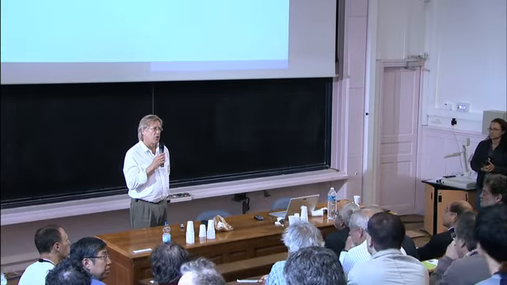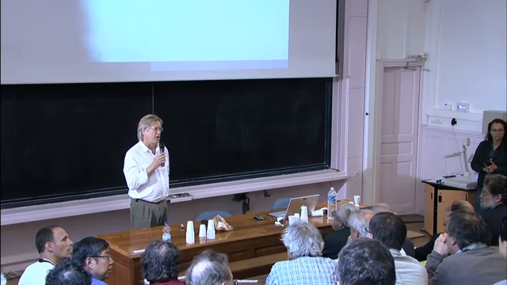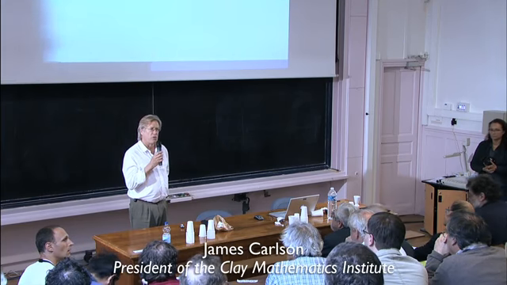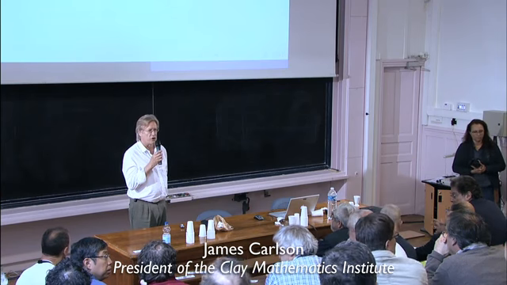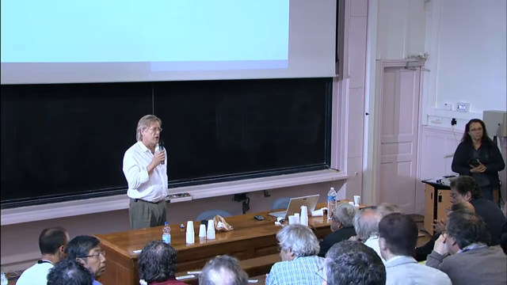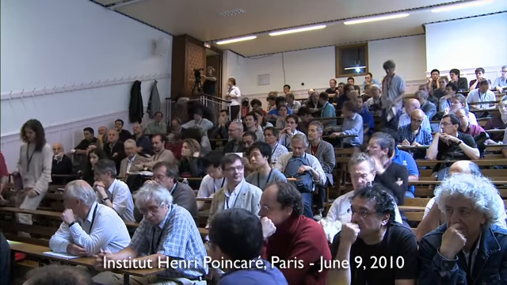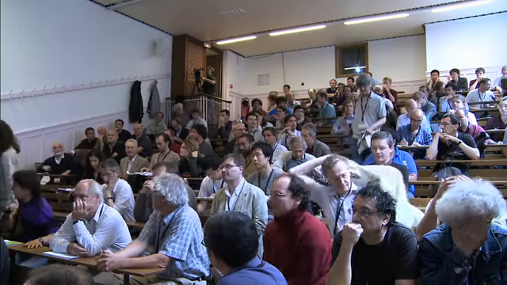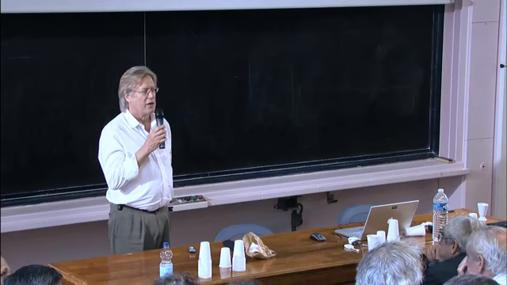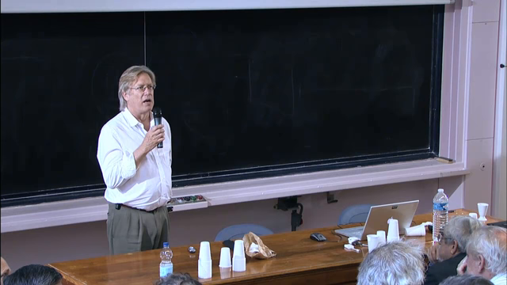I think you all know Bruce Kleiner and John Lott played a very important role in the verification of Gregory Perelman's work on the Poincare conjecture, because very early on they started writing a set of notes, actually an exegesis of Perelman's work, sort of line by line